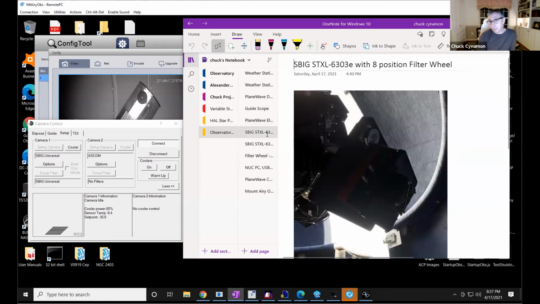This is the camera on the back. It's an SBIG STXL 6303, and you see an 8-position filter wheel on there. I've got the luminance, blue, green, red filters in there, which are used primarily for astro imaging. That's not the primary thing I do.